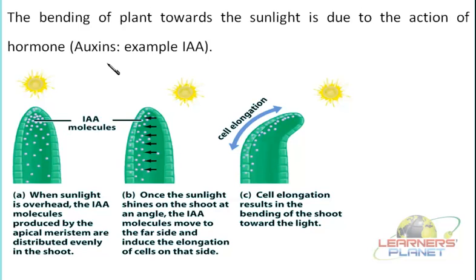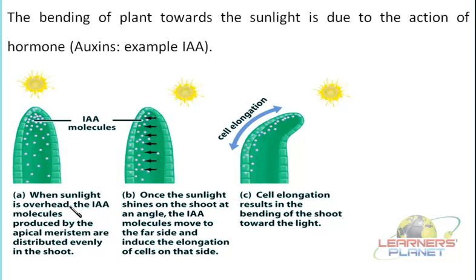So these auxins are present at the tip of the shoot. Over there they are helping in this type of process. Now with this diagram, it would be easier to understand what we are discussing so far. Here the tip is shown, and it is secreting the hormone, that is auxins. But when these tips are exposed to sunlight, what will happen?